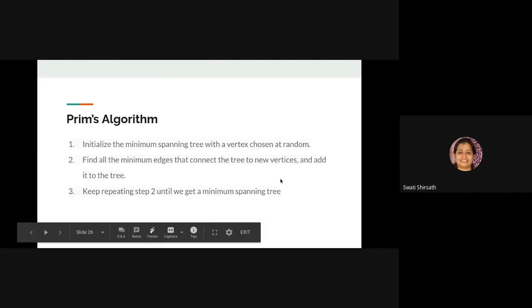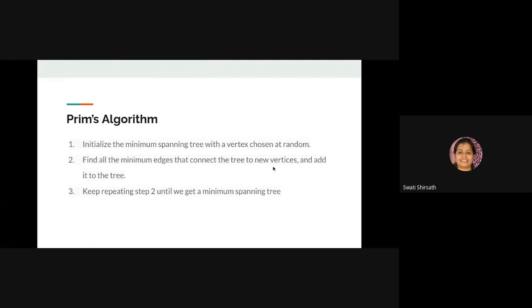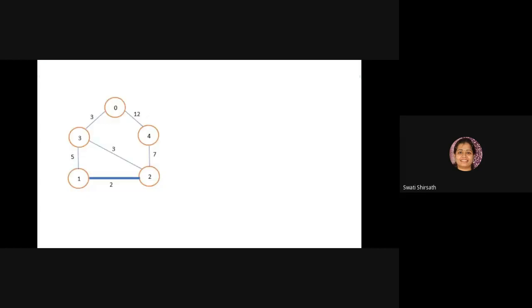Then Prim's algorithm. So unlike Kruskal's algorithm, Prim's algorithm looks for the minimum edge, I mean the overall minimum edge. Here you need not sort edges from low to high weights. You just have to pick the minimum one and keep on adding it until it is not forming a circuit. So again, we'll work on the same graph. Let me tell you that Prim's and Kruskal's algorithms give you the same output. MST is always unique, so do not expect multiple answers for MST.